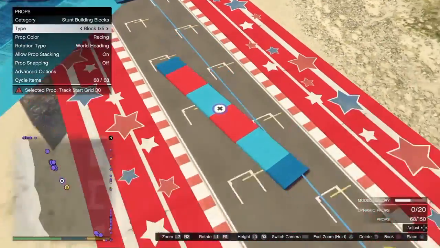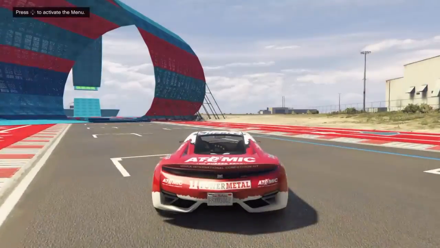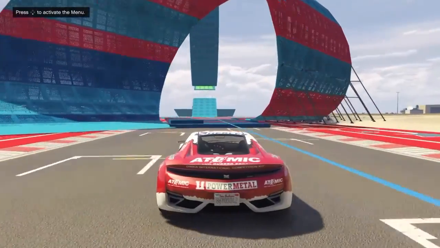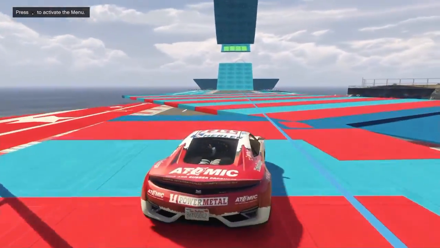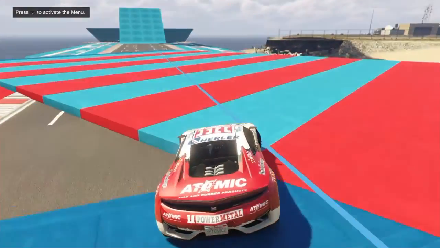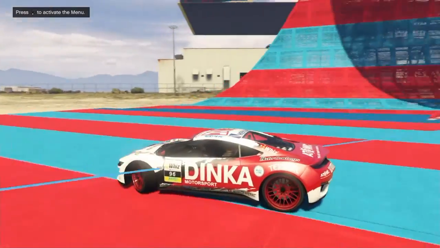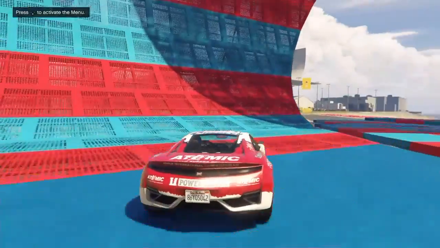Alright, and so they're going to see those blocks, and they're probably not going to drive through there anyway, but if they try to, watch what happens. You get up on it, and you're going super slow, and you keep hitting them, and that slows you down so much. So if I was to try to